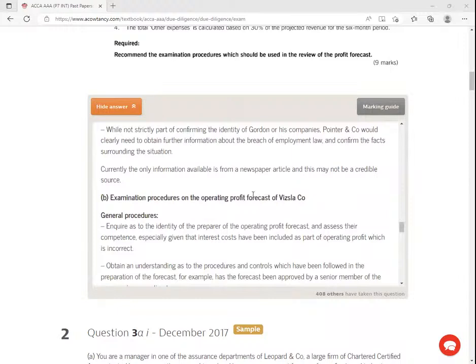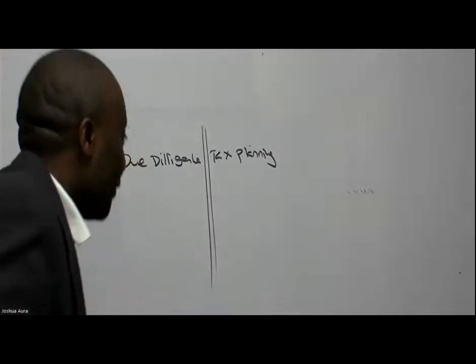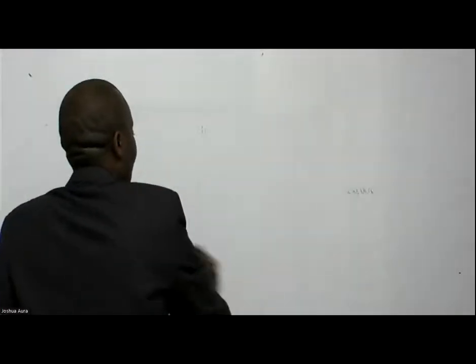Examination procedures on the operating profit forecast. That profit forecast that we saw up there, ladies and gentlemen, what are we supposed to do? So the profit forecast that we saw up there under prospective financial information. Under this prospective financial information, PFI is a topic which is also very, very hot for your examiners. When we talk of prospective financial information, ladies and gentlemen, we are looking at what things as auditors? The reliability of the figures. So we want, in this case here, to get this PFI information, those forecasts, ensure that,